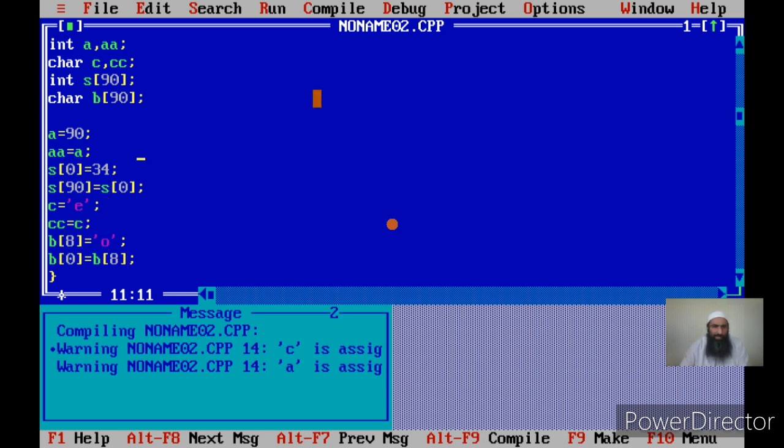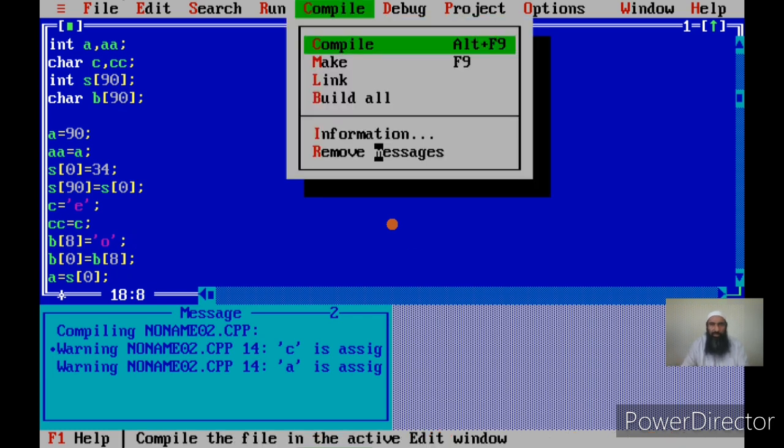Another form that is possible here is that I can say a, which is an integer, equal to s of 0, since I have an integer array. This type of assignment is also possible. When I say variable equal to some array element, the array element has a data type: s of 0 has data type int, and a also has data type int. So I can assign the array element to any other variable which is not an array element. The same way you can use it for character arrays also. All such are valid assignment statements.